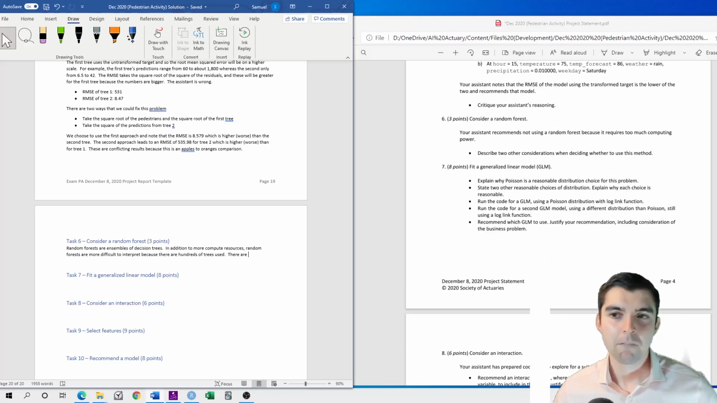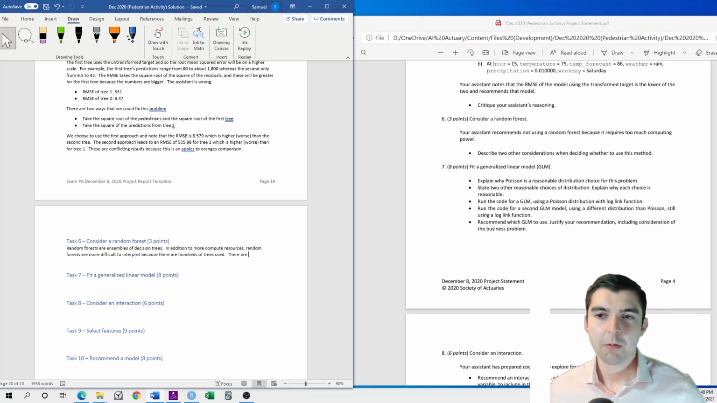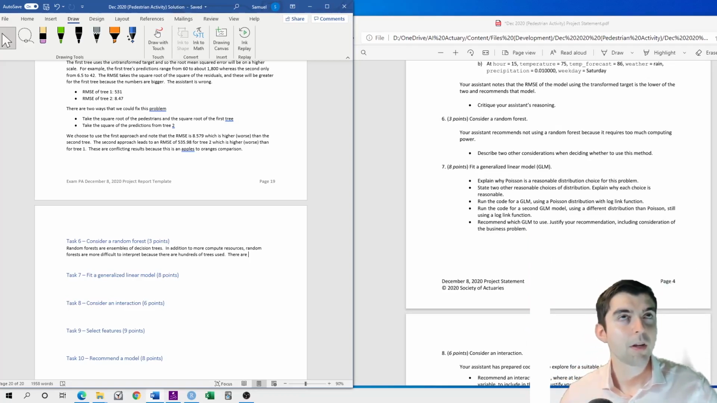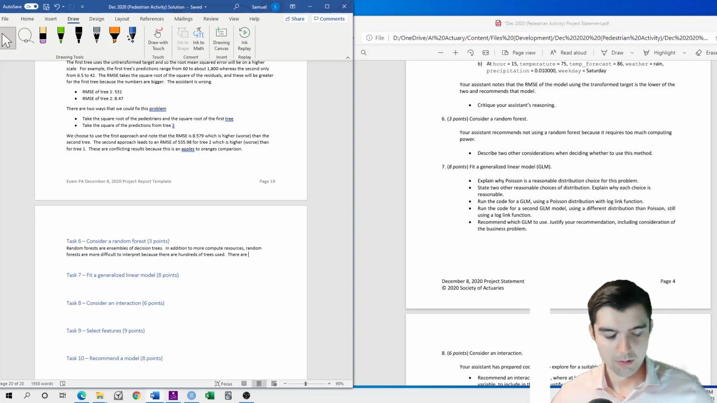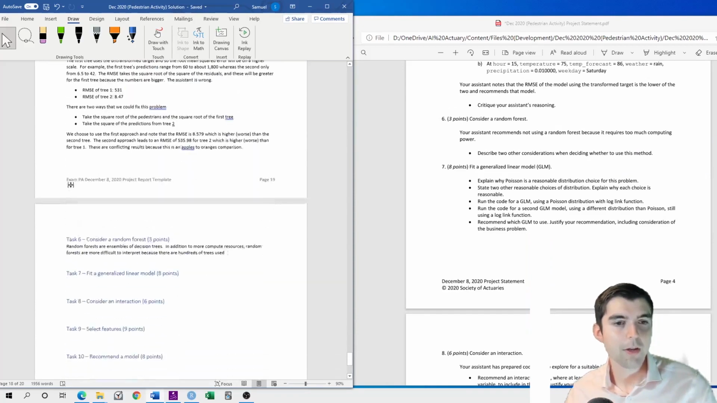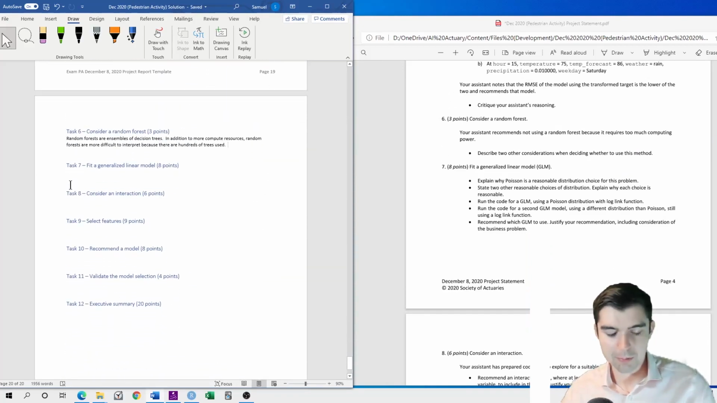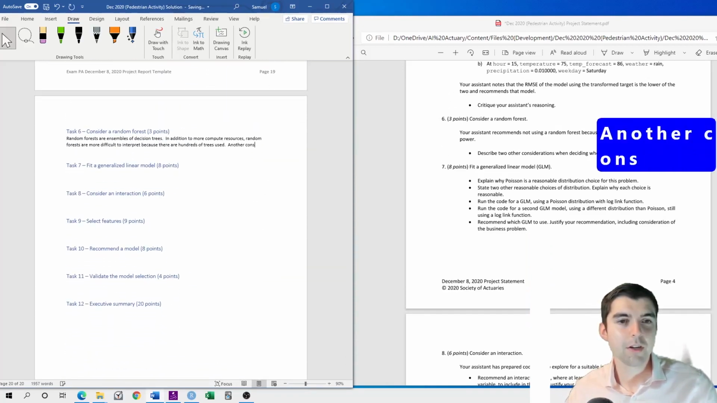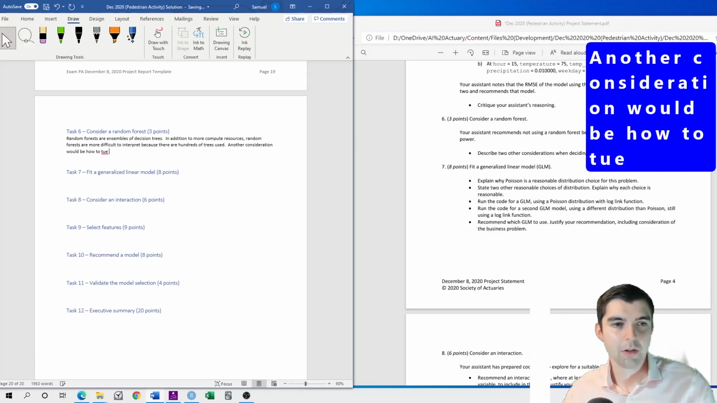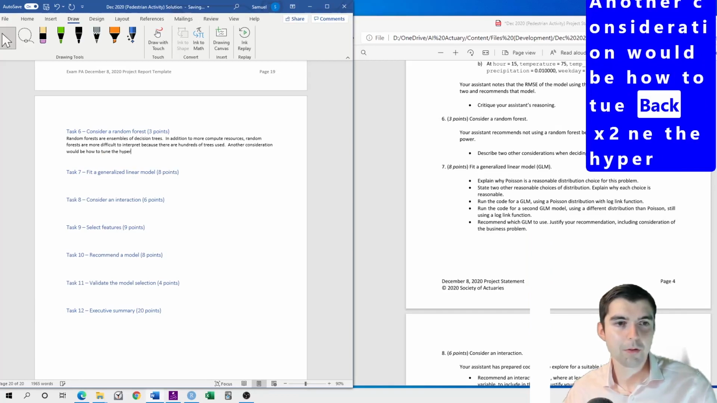Describe 2 other considerations when deciding whether to use this method. So another would be, that's a good question. Well, let's look at our actual tree. I think another thing would be to just talk about the hyperparameters. Another consideration would be how to tune the hyperparameters